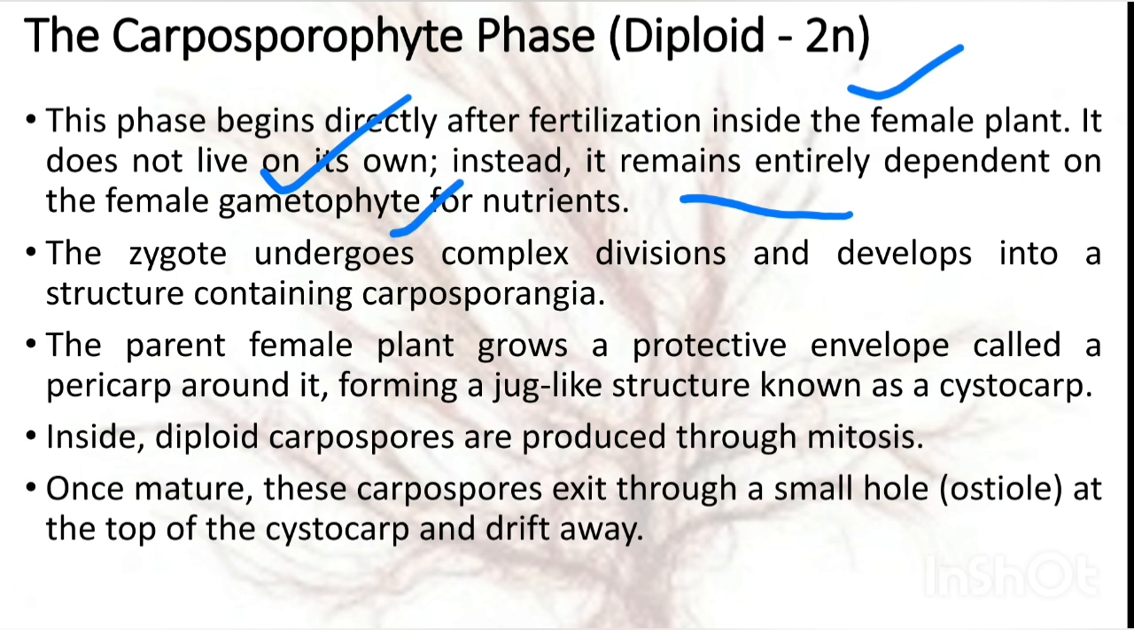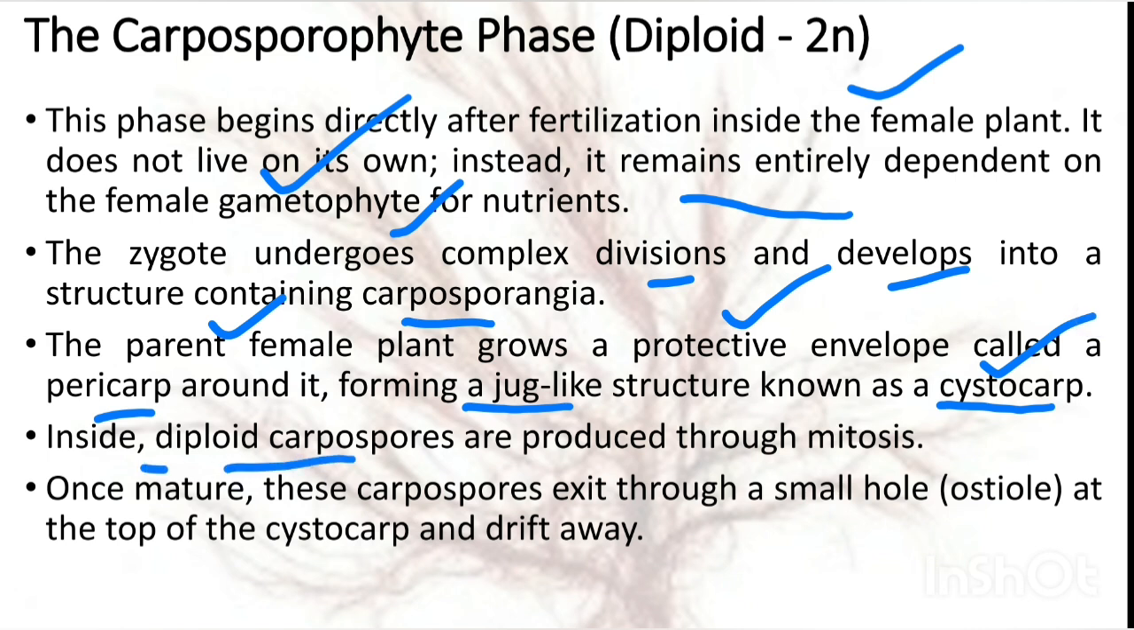The zygote undergoes complex divisions and develops into a structure called carposporangia. The parent female plant grows a protective envelope called pericarp around it, forming a jug-like structure called cystocarp. So zygote is there and a protective covering called pericarp forms around it, and they all together are called cystocarp. Inside, diploid carpospores are produced through mitosis. After maturation, these carpospores exit through a small hole called ostiole at the top of cystocarp and drift away by